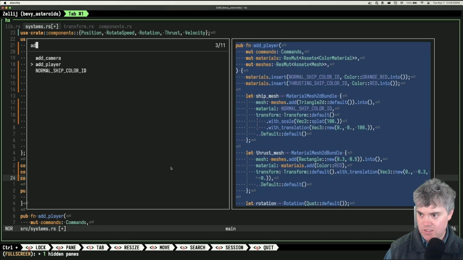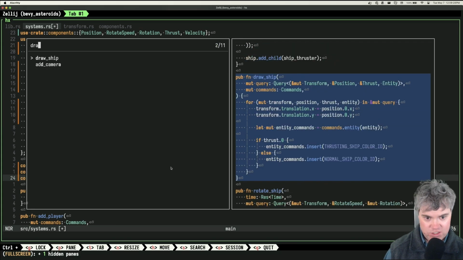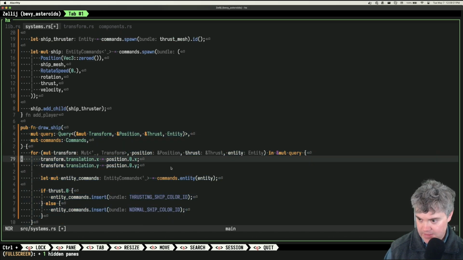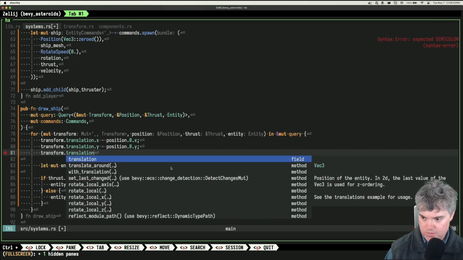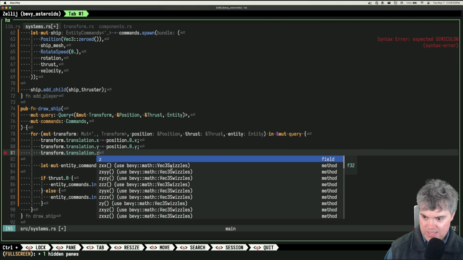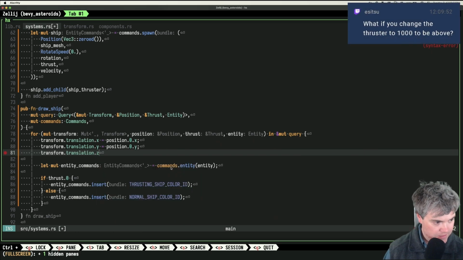No, draw ship. Yeah. Although I'm only changing the X and the Y. The transform translation X and Y there is being set. So I can set Z.